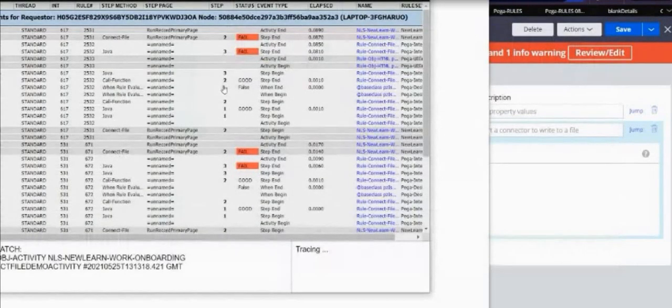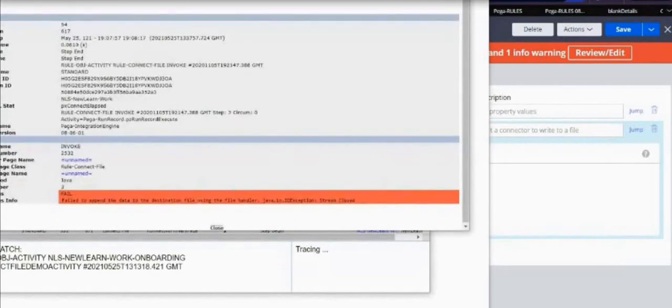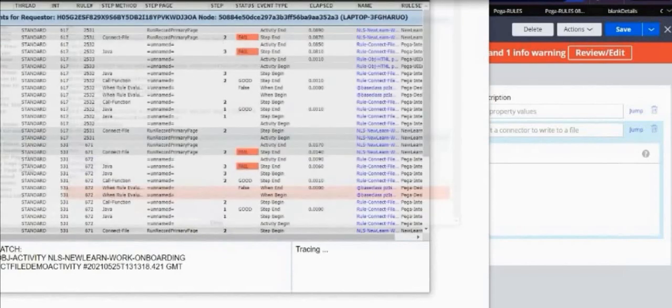What's the error? It is saying stream closed. So stream closed is coming up, so maybe we have to save, and we need to check your connect file. So let's go to that connect file again.